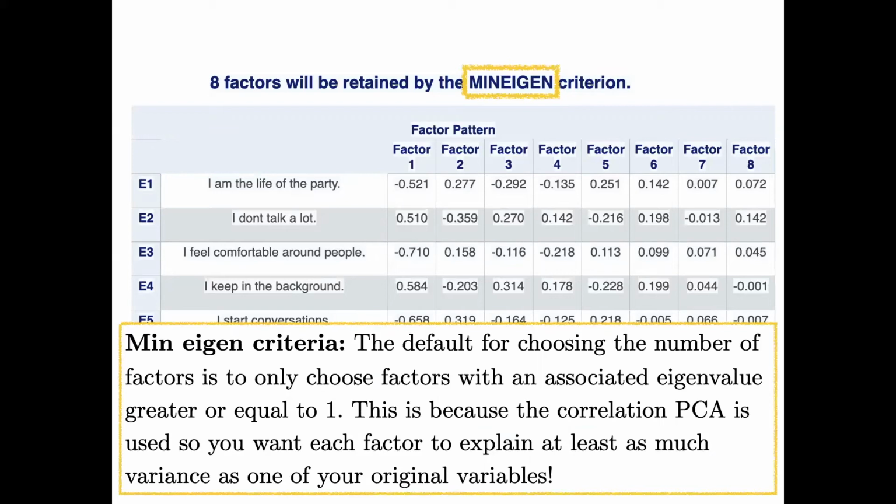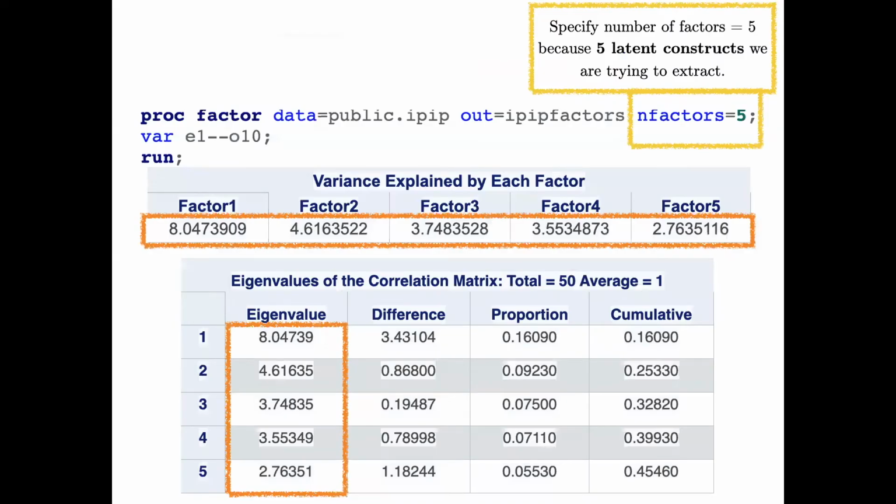Now, the next thing we're going to do is we are going to actually specify the number of factors to be 5, because 5 latent constructs are what we're trying to extract. Right? And this is why this is more like confirmatory analysis, because we have this hypothesis that we can measure extroversion, openness, agreeableness, etc. Okay, so I'm going to go ahead and specify the number of factors to be 5. Once I do that, I am given the variance explained by each factor, and I can go ahead and note that that will be the same as the eigenvalues of the correlation matrix,